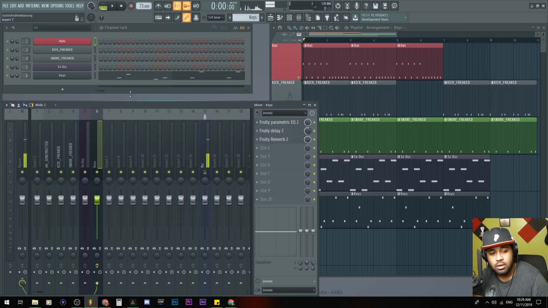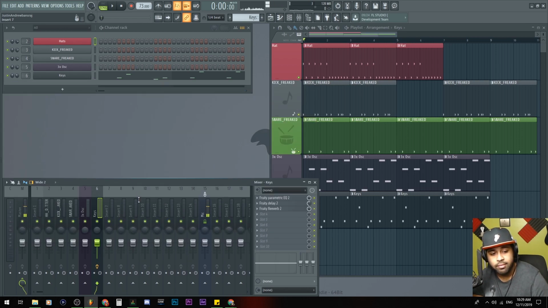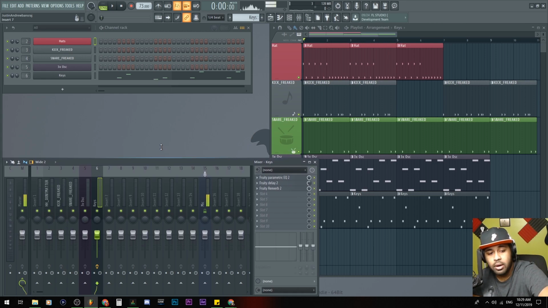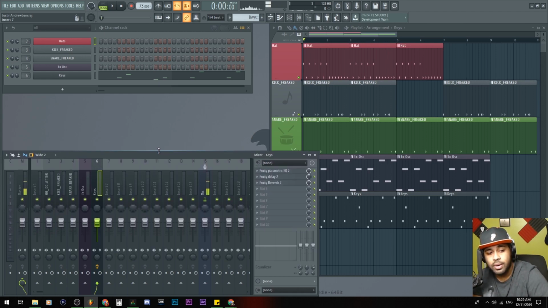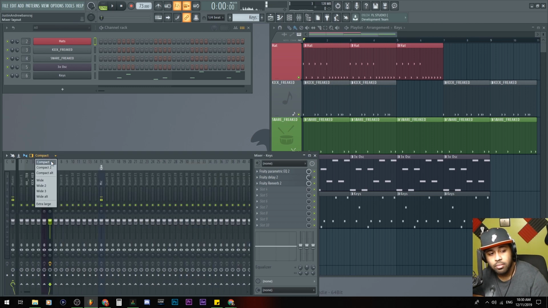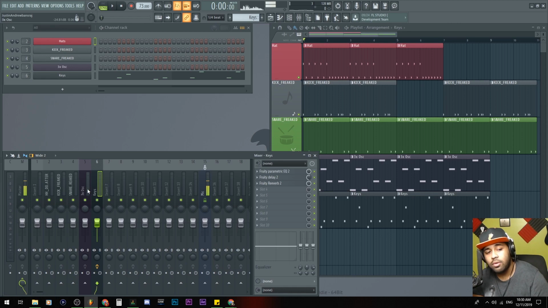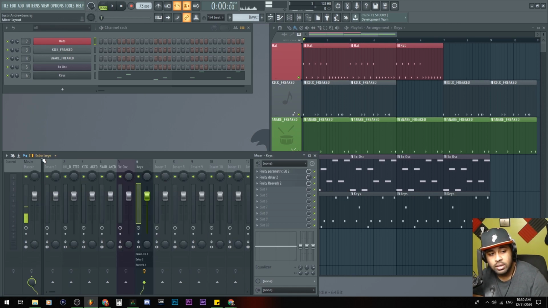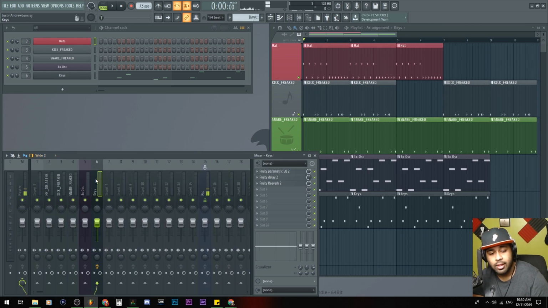If you don't see all the functions that I have here, like for example, you see right there on the bottom, just take the mixer window and open it up like this. And if you don't see the mixer looking like this, you could go here where it says wide 2, or for you it'll probably say wide, or compact or something like that. I use wide 2. There's also extra large where it changes up everything, but I like wide 2. It's pretty good to me.